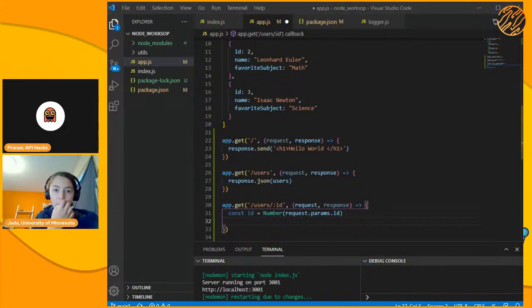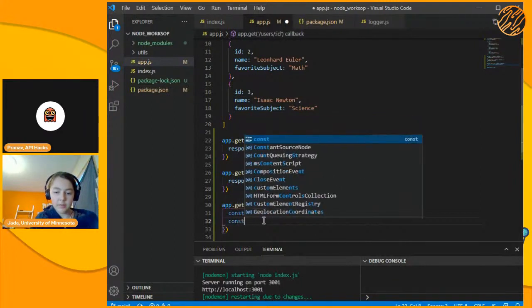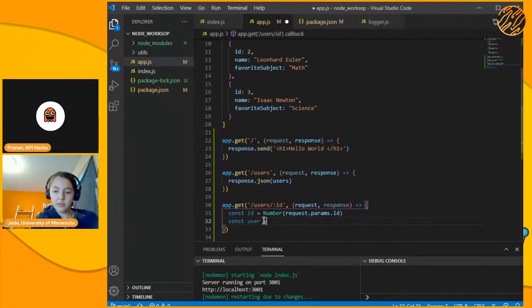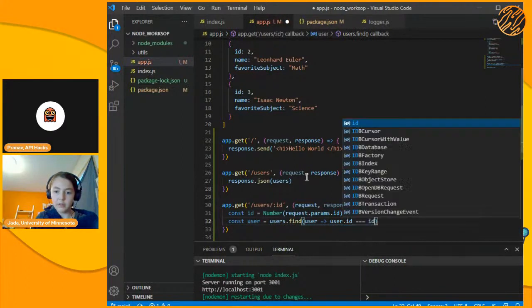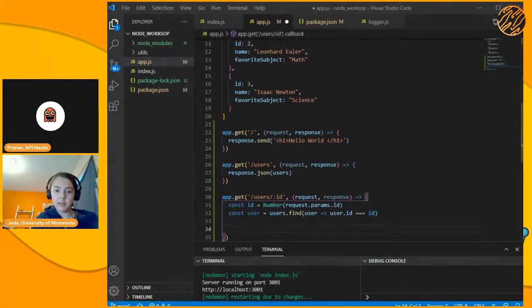And then, so now we want to get the actual person from our users list. So we're going to use the JavaScript find function. The user that we want is going to be const user, and then we're going to search in our users array to find. Find takes a function, so we're going to want to do where the user ID equals the ID from our parameters. And then we're going to want to send the JSON of that user,